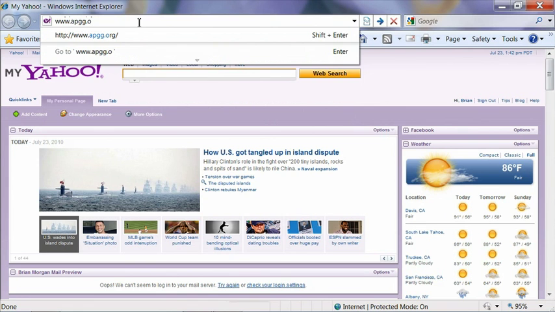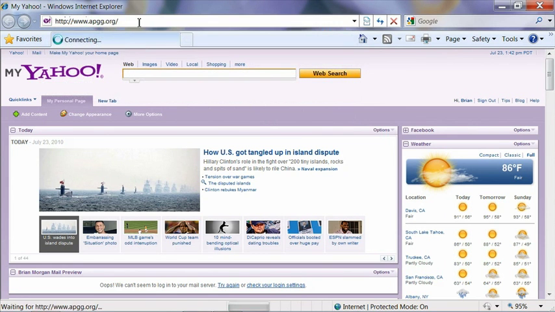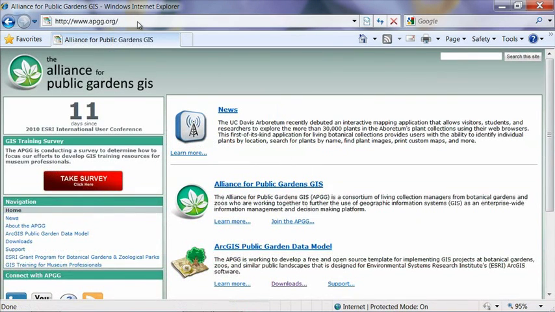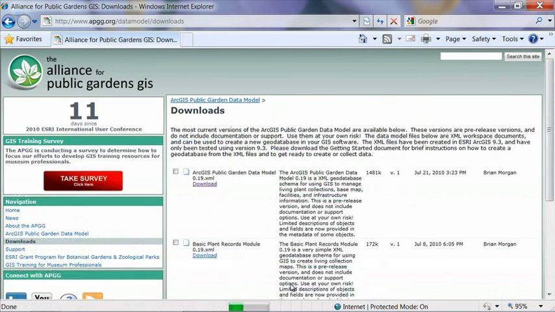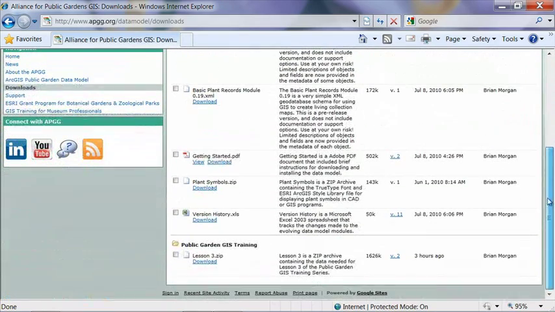So if we go to apgg.org again, as we did in the previous lesson, and we scroll down to downloads, if you scroll all the way down to the bottom of the downloads page, you'll see that there's now a Public Garden GIS training section here, and we can download this lesson3.zip, which will contain the files that we need to get going today. So if you click on download,